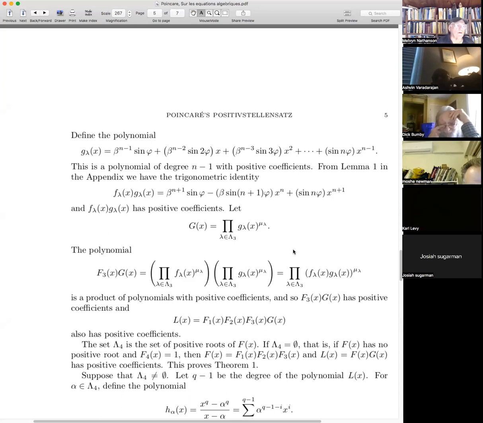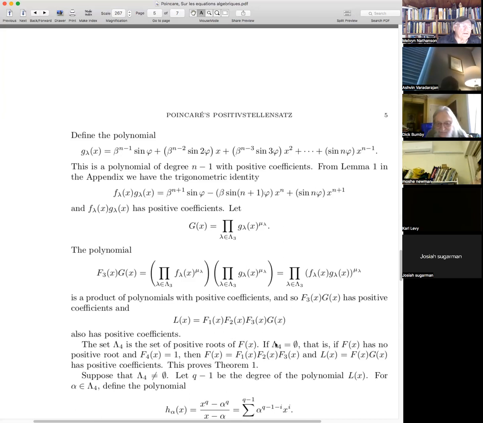If someone gives you a polynomial f and tells you that it has no positive root, I don't know from that how easy or hard it will be computationally to find an upper bound for the degree of this polynomial capital G. So you mean without actually calculating the roots? Yes, which of course, you can't do, but you can do it numerically and get some approximation. Yeah, you can. Yes, you're right.